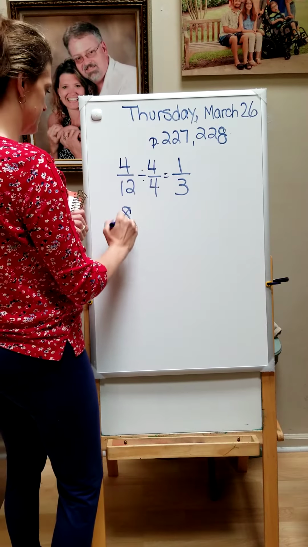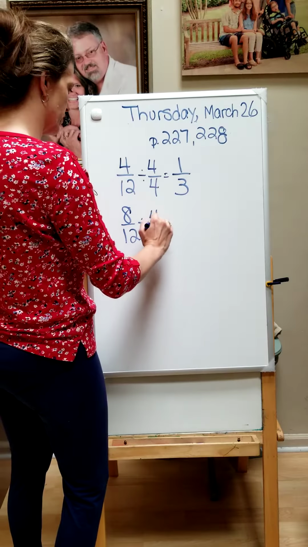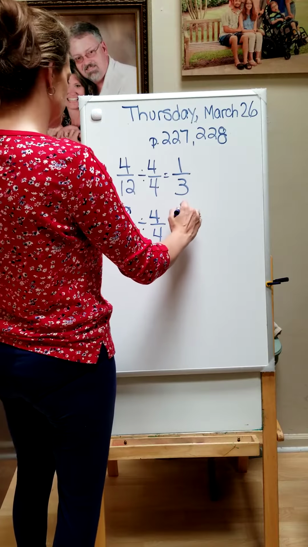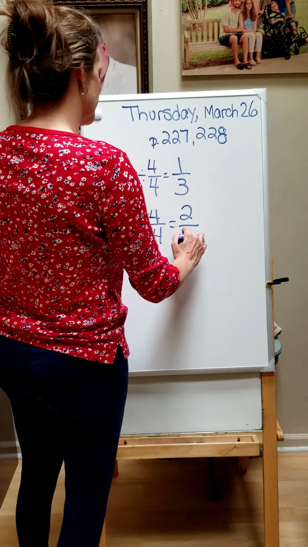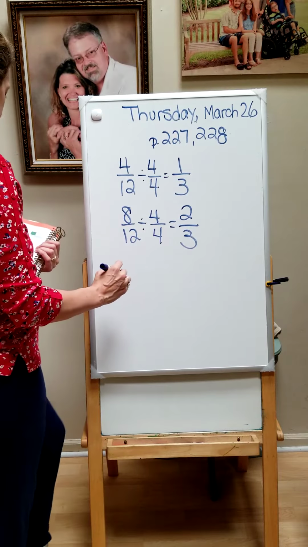8/12 divided by 4 on top and 4 on the bottom. 8 divided by 4 is 2. 12 divided by 4 is 3. Next one,